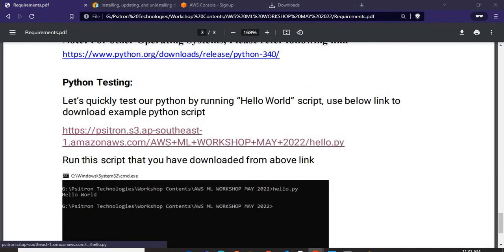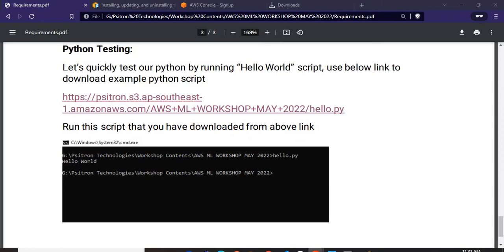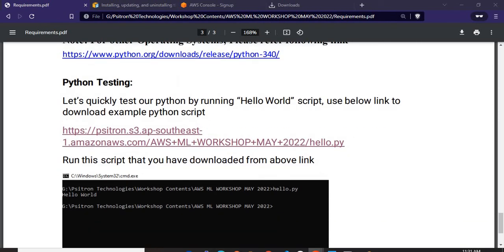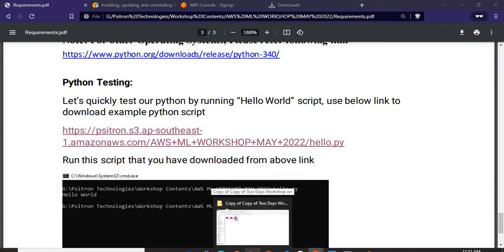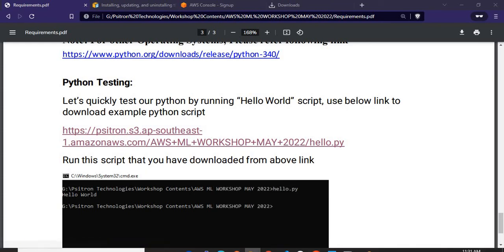So this is the common problem that exists in case Python is not found in the path of your environmental variables on your Windows PC. Let me quickly show you how to resolve this error and how to test it again. In order to add Python to your path, what you need to do is go to the properties